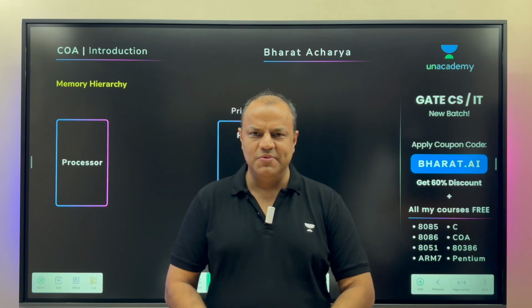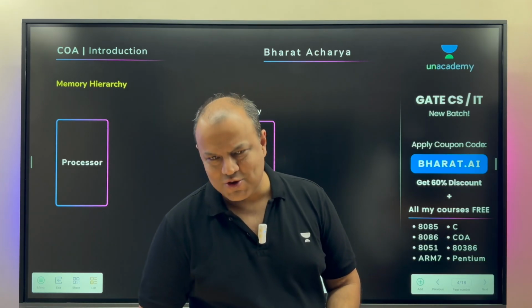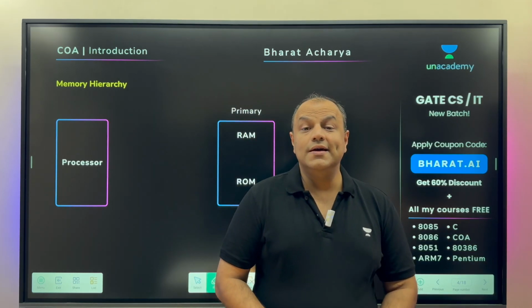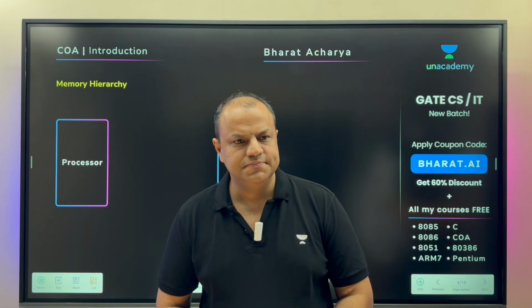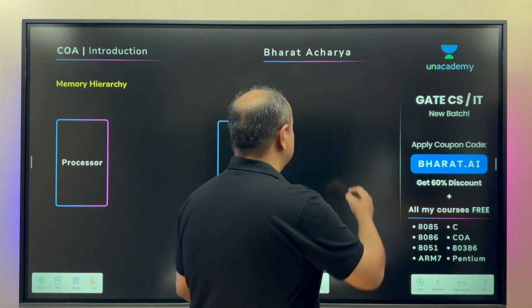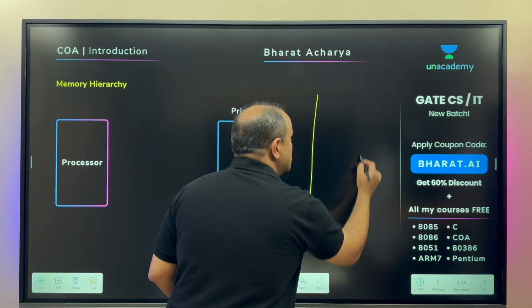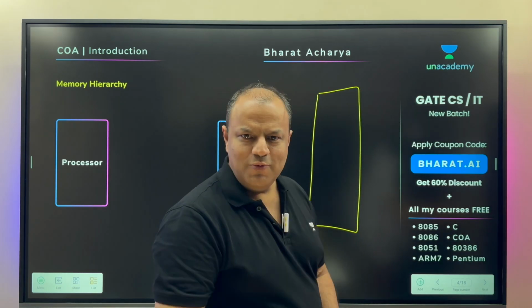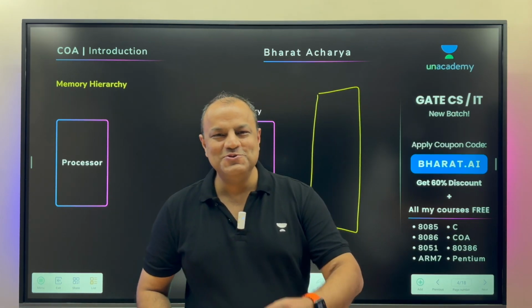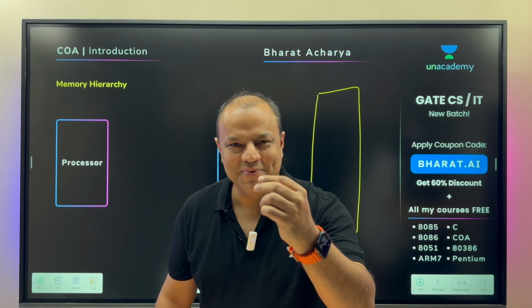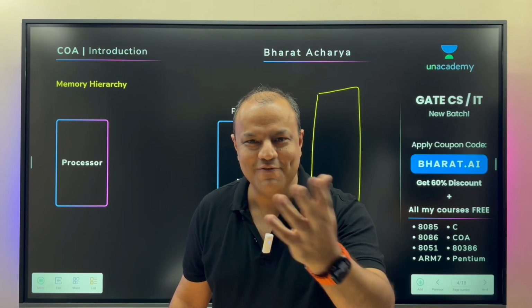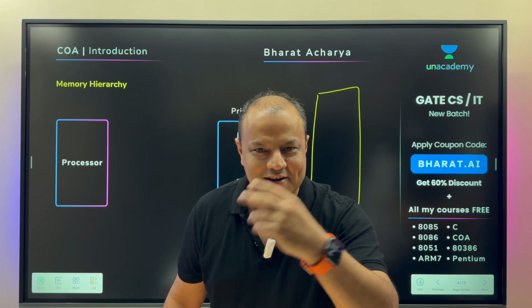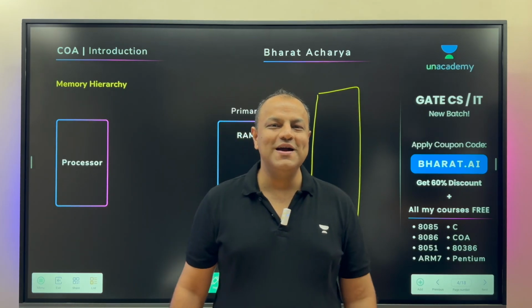Why was secondary memory required? To increase the speed? No, it's got nothing to do with speed. To increase the storage capacity. Secondary memory brings in massive storage capacity. Why was it required? Because two big minds came into the computer industry and revolutionized computers, created this whole computer revolution. Whom am I talking about?